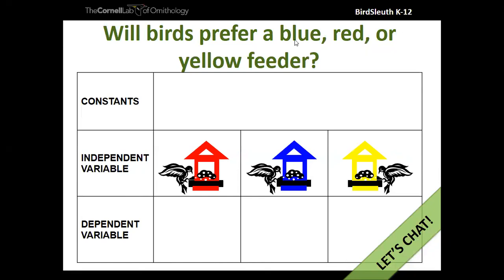Excellent. Now, one thing I will say when I notice this is several people are talking about same food in each feeder. That's not going to be our dependent variable. That's actually going to be a constant. We want to make sure that, yes, our feeder designs and the food found in each feeder is going to be the same. However, what we're measuring will be bird visitation. That will ultimately tell us which feeder is going to be preferred by birds,